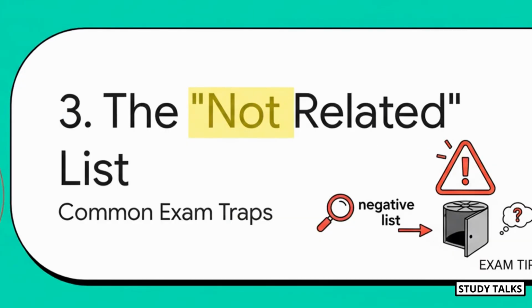All right, now let's flip this around and look at the other side of the coin, which is just as crucial, especially for your MCQs. You know, ICAI absolutely loves to test you on what is not a related party. Getting this negative list right can save you from some really common and costly mistakes.